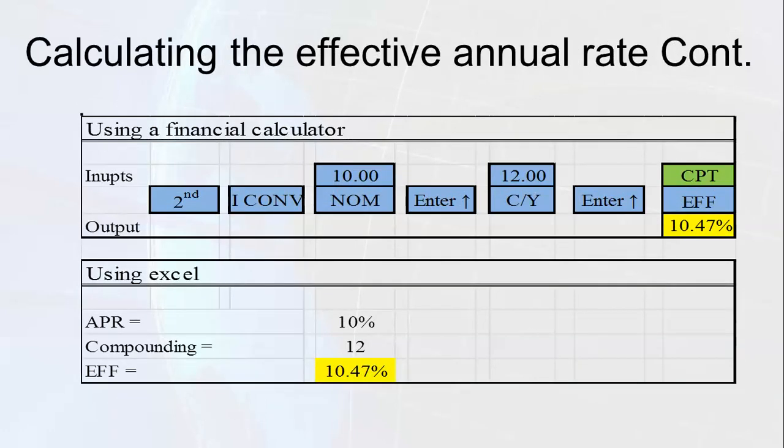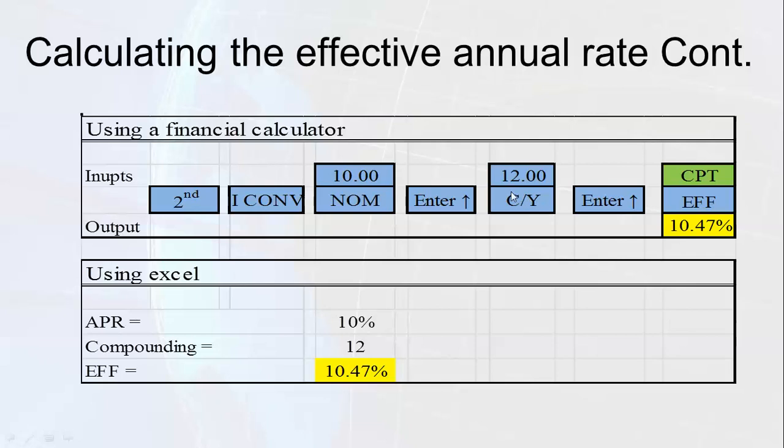Okay, so here is the same example. I'm using this financial calculator to solve this problem. If you are using the TI BA II Plus financial calculator, first you press second, and you press number 2, which gives you ICONV. ICONV means interest conversion. Then you will see NOM. NOM stands for nominal rate or APR. So in our example, this nominal rate is 10%. So put 10, and enter, and press the up arrow key,